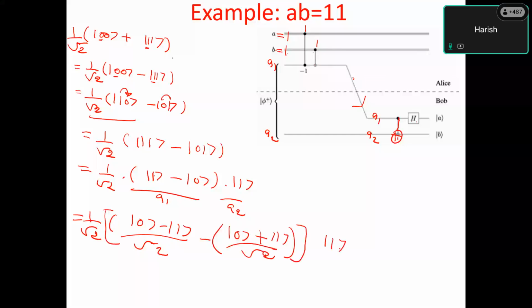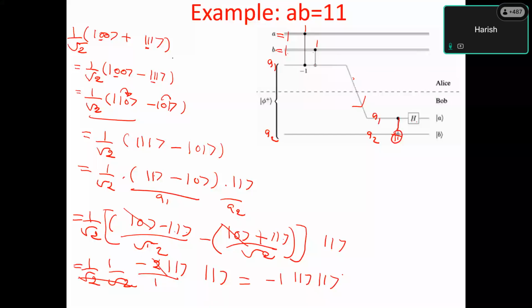So 0 will be cancelling out, and what we have is minus 1 and minus. So this thing will cancel out, 1 times 1 and 1. So at this point, what we are having is 1, yeah,